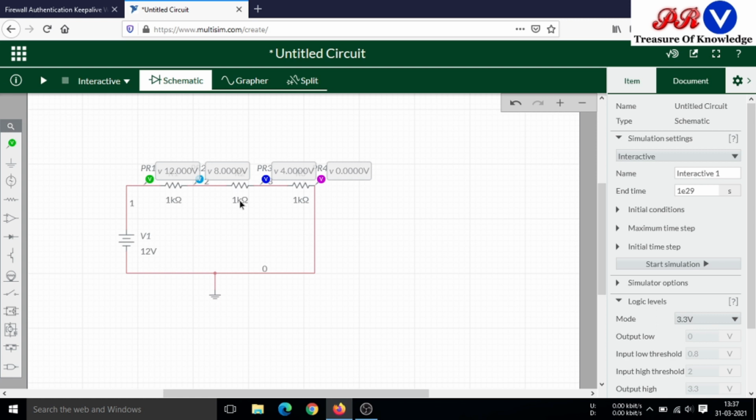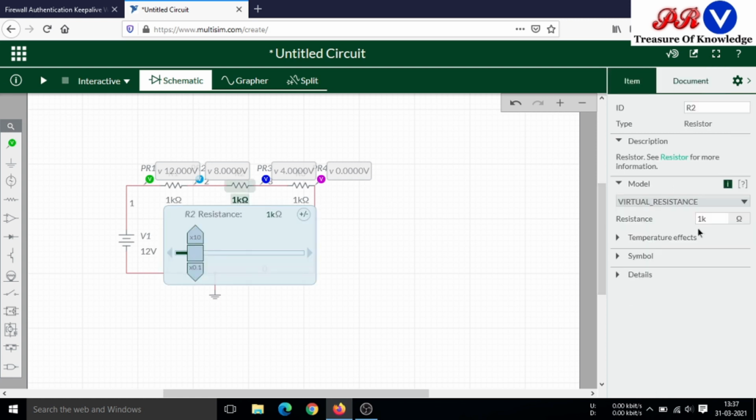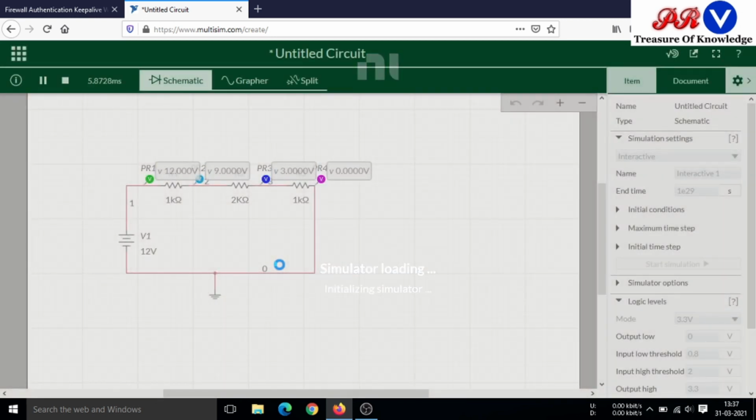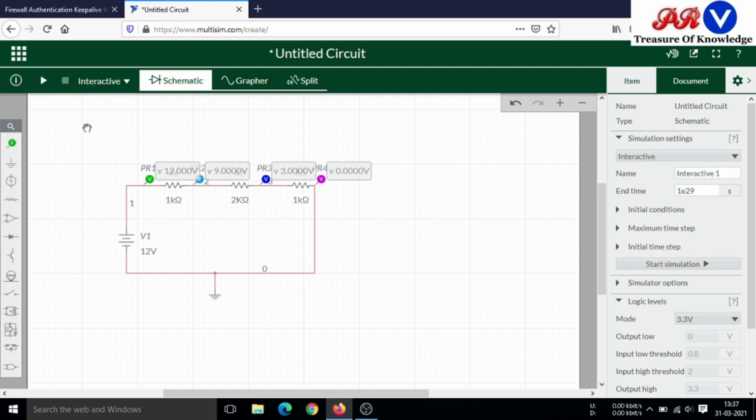We can change the value from 1 kilo ohm to 2 kilo ohm. Then again we have to run the simulation in order to update these values. It is simulating now. Stop simulation.